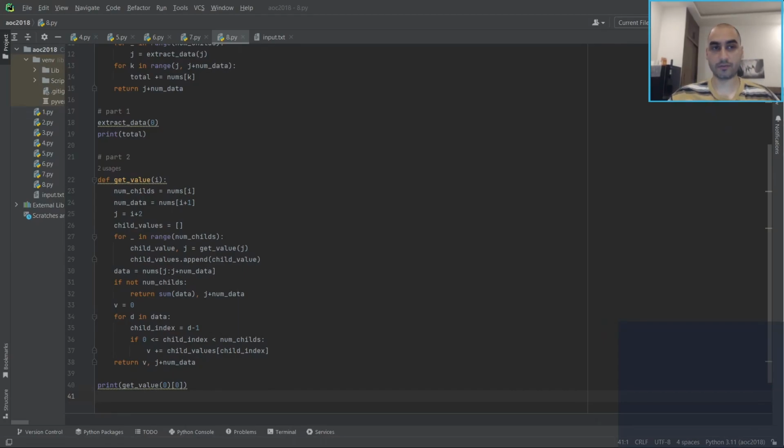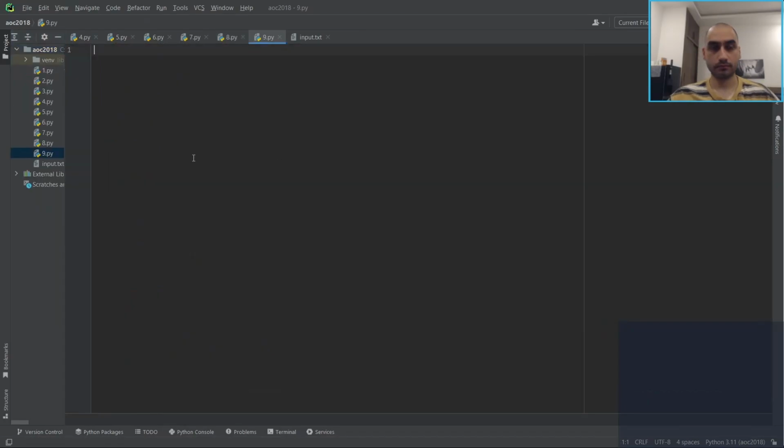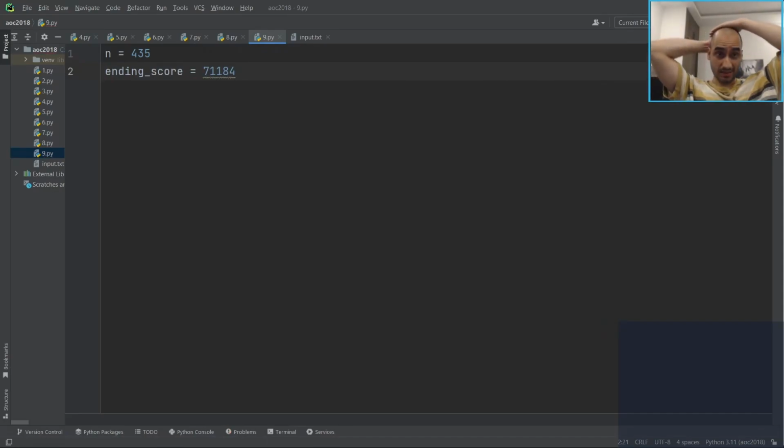Alright, so we've got N number of players equals... Okay, number of players, 435. Press equals. Last marble. So should I just call that ending score equals that? So if someone gets that many points,